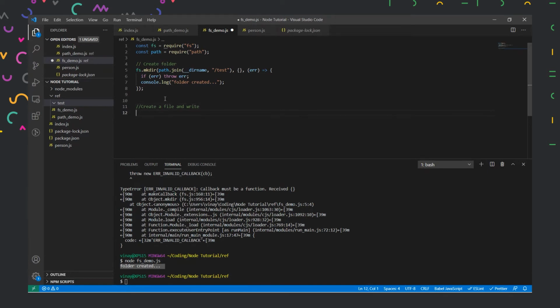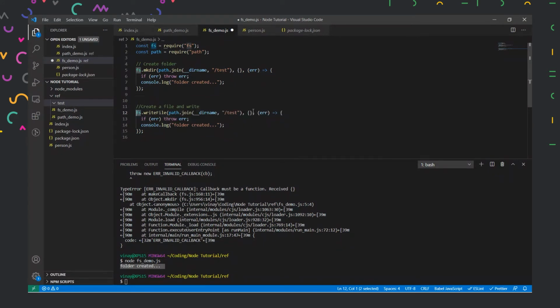To do that, we have another function called write. So I'll copy this over here and I'll put writeFile over here. You see, when I type the function, VS Code will automatically suggest what all functions are available in the FS module, and we can select from it directly.